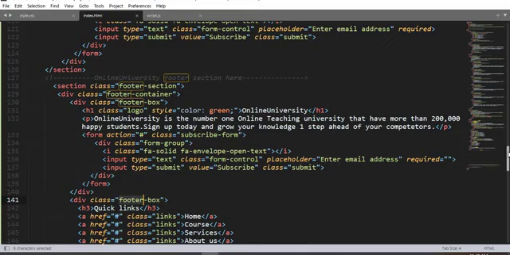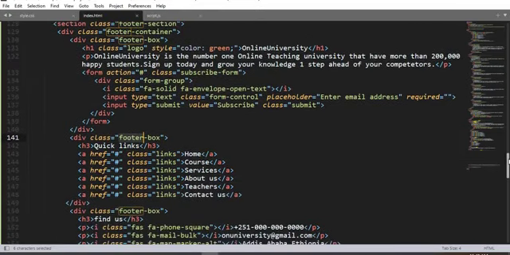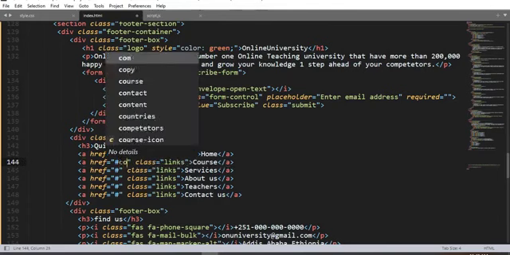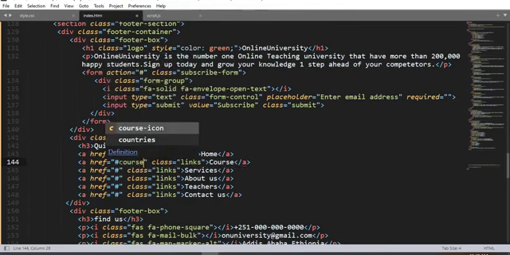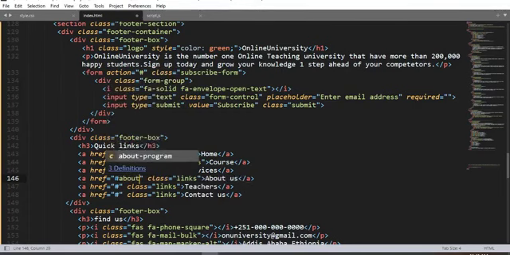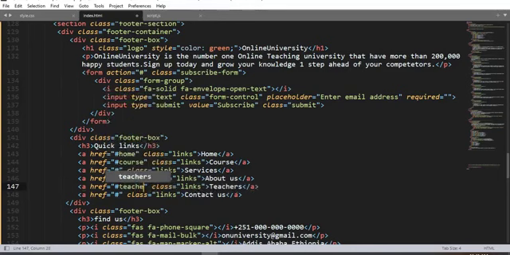Here we have an h1 element having inline styling green and a paragraph element having some dummy text and a form element having this, and also here we have a footer box as well. Inside this footer box, we are going to have an h3 element right here and different icons right here in order to add quick links right here. So here we have a home, a course,